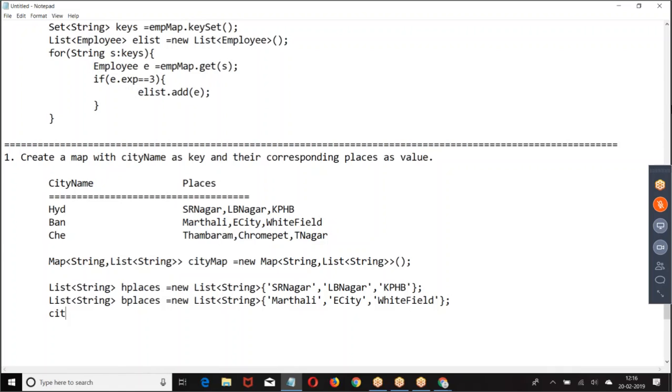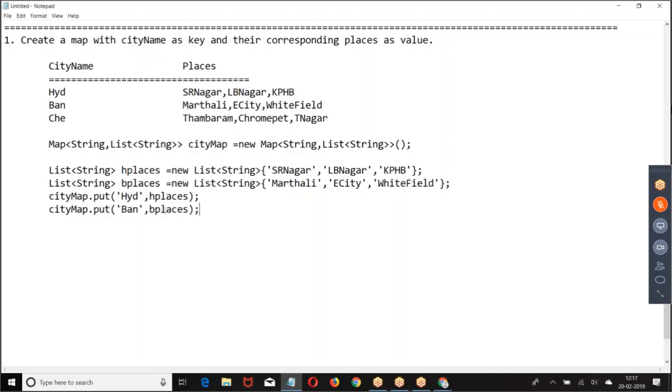How do you put it? cityMap.put Hyderabad, places. Satish, can we write the instance part directly in the put method? We can write it.